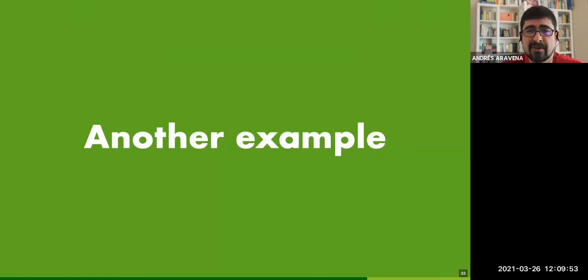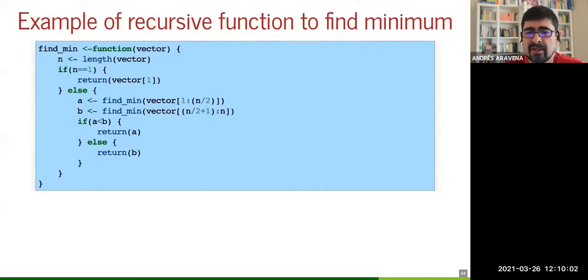I'm giving you a hint. This is not valid. I will give you a solution for the homework, but it's not the solution that you can use. This is not the one that I am working for. A way to solve it recursively, the question that we said: find the minimum, find the smallest value. You enter a vector. This is exactly the question that we asked, but it's not the answer that I'm looking for. So this is not a valid answer for the homework, okay?